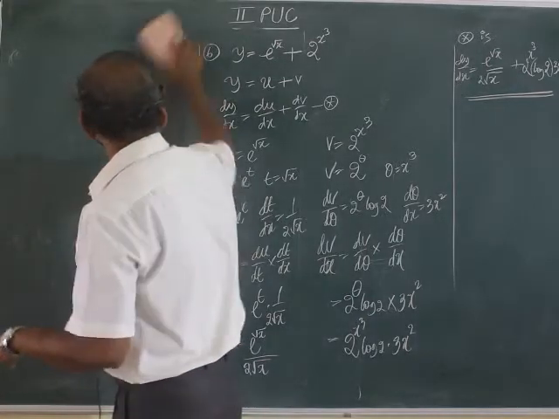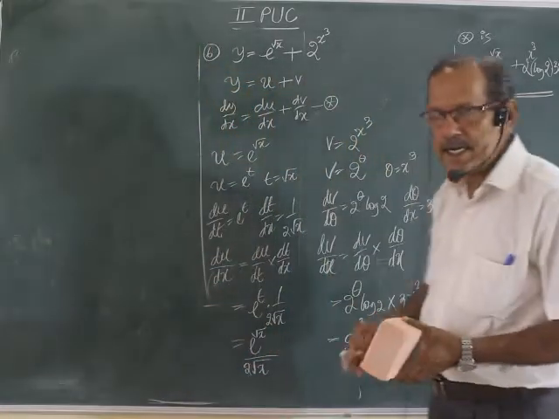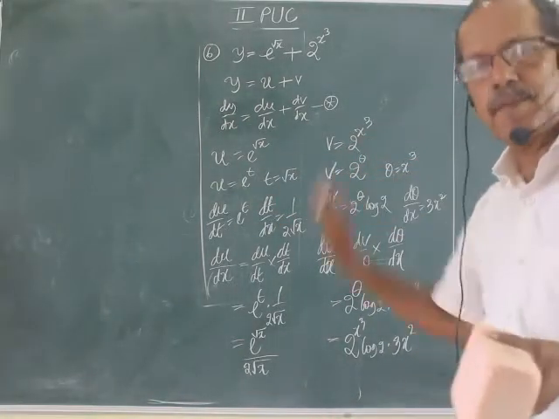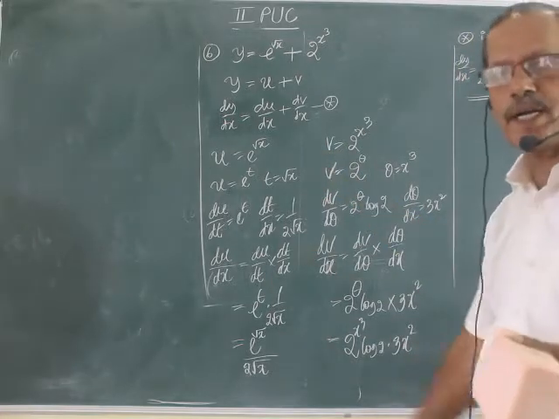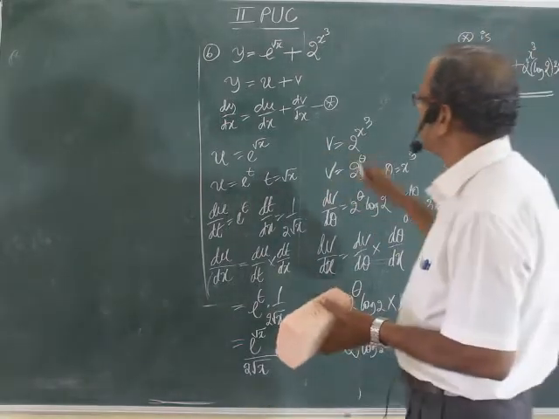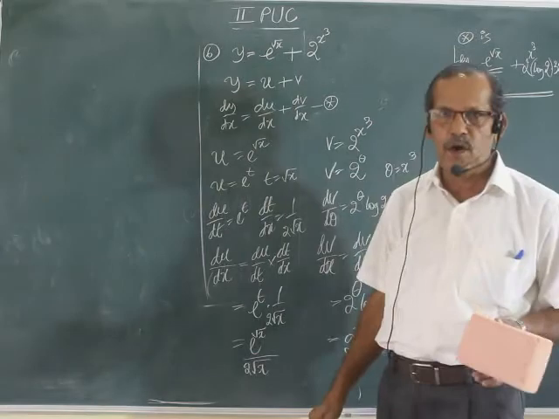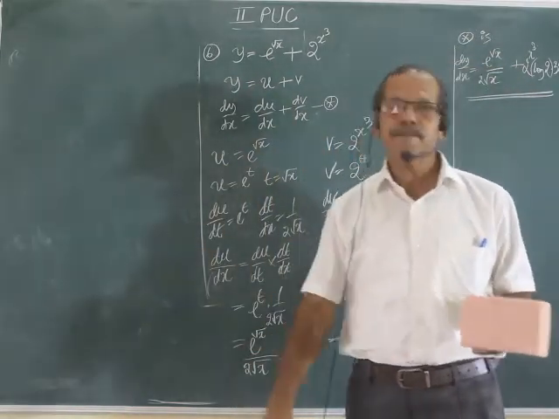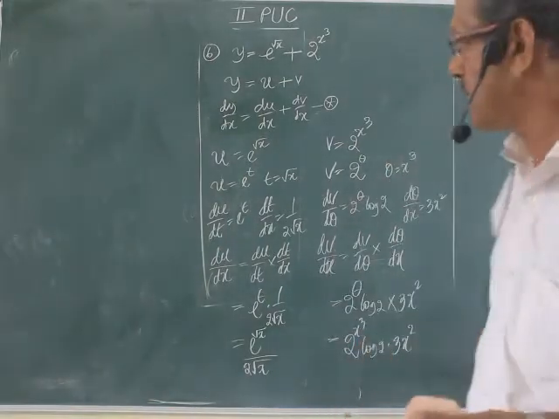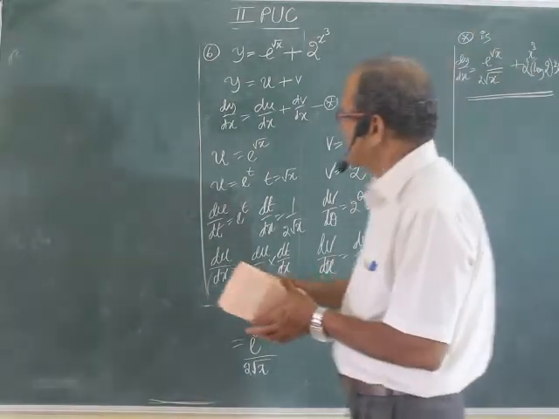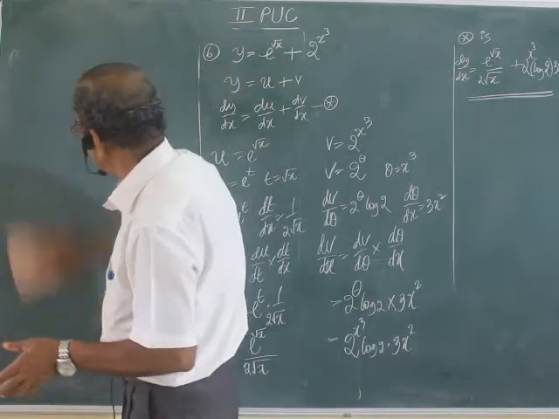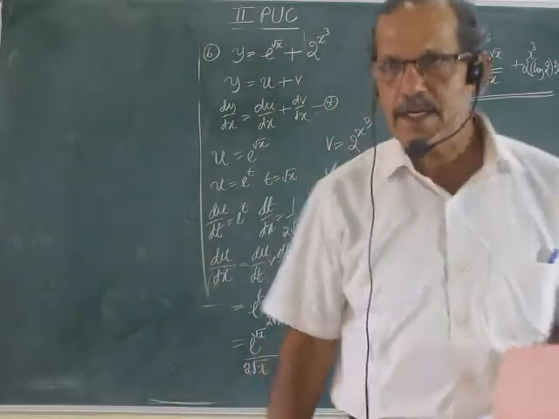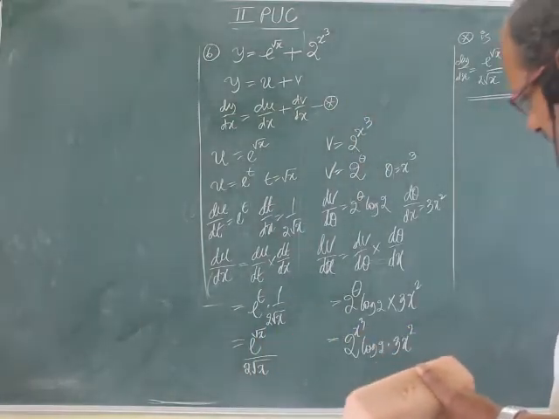So anyway, let us finish all the methods of differentiation first. After that, I can give any problem, so that the method should also be decided by you. Now you know the method. It is purely e to the power x form, or it is a to the power x form. Instead of that, let us finish all the types of differentiation. Several types are there. After finishing, I can give the question, find dy by dx. Then you have to think which method has to be used there. Right? Problem number 6 is over.